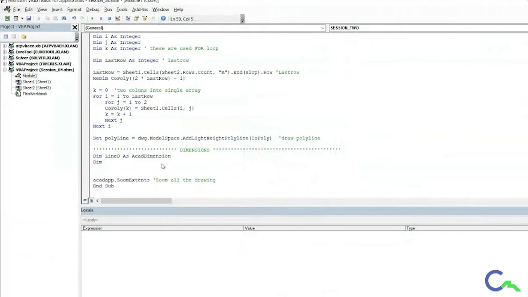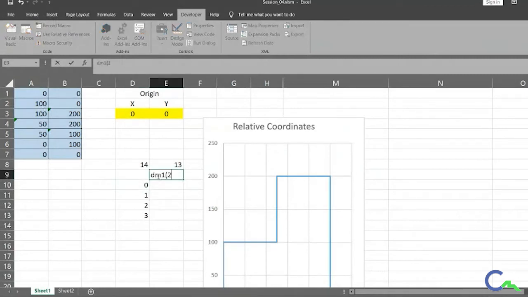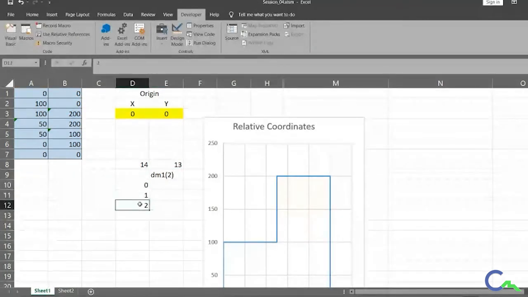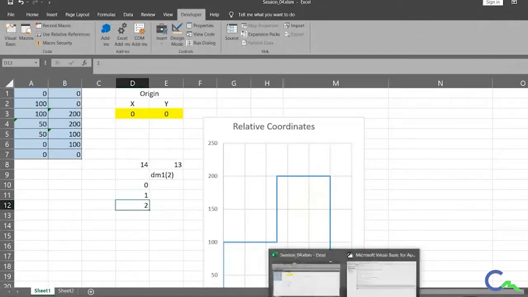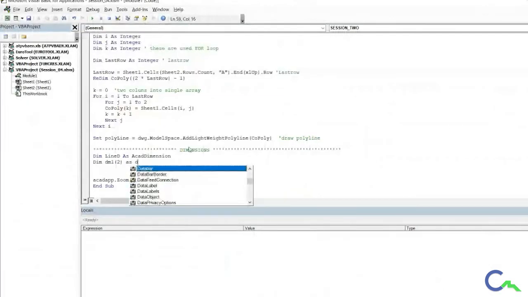So we have to create points. I'll create my first point as dim 1 of 2. Why am I giving 2? There are x, y, z. I told you in the last session that every array starts with the value 0. So if I give d1 of 2, it will have 3 values, that is 0, 1, and 2. This will be my first point. Let me consider it as double because a point might be any real number.